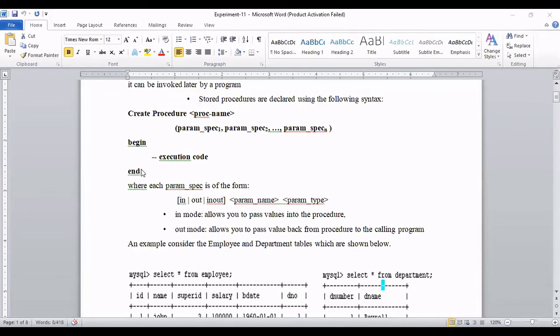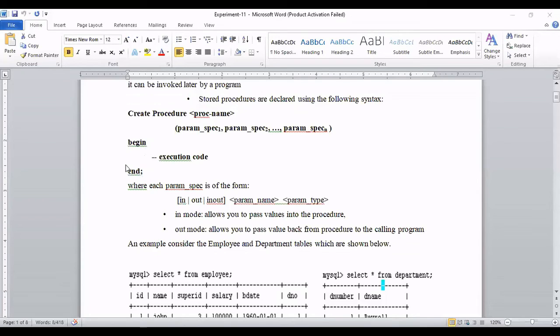Here we are not adding a semicolon at every line; we add the semicolon after the end statement. That's why there is confusion between the SQL semicolon and the procedure semicolon. Usually the SQL semicolon is used to mark the end of a SQL statement, but here the semicolon is used to end the procedure definition. So you need to change something. You need to keep this semicolon, which cannot be altered, so we need to alter the delimiter for the statements in SQL.